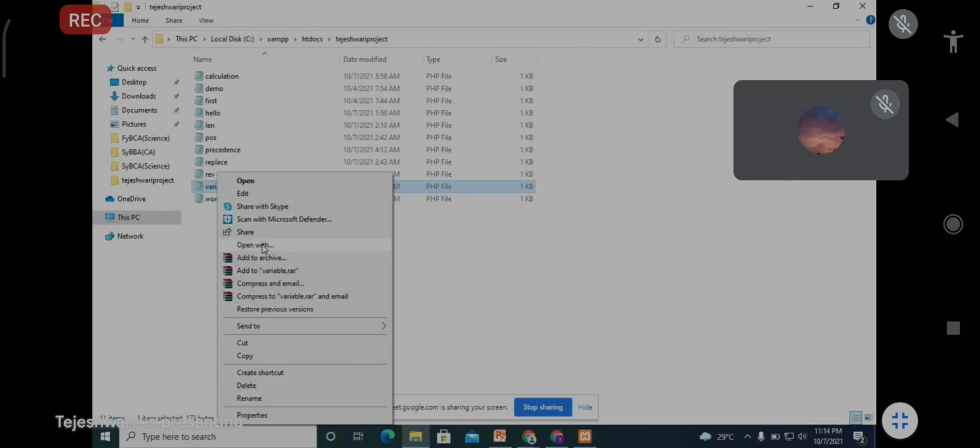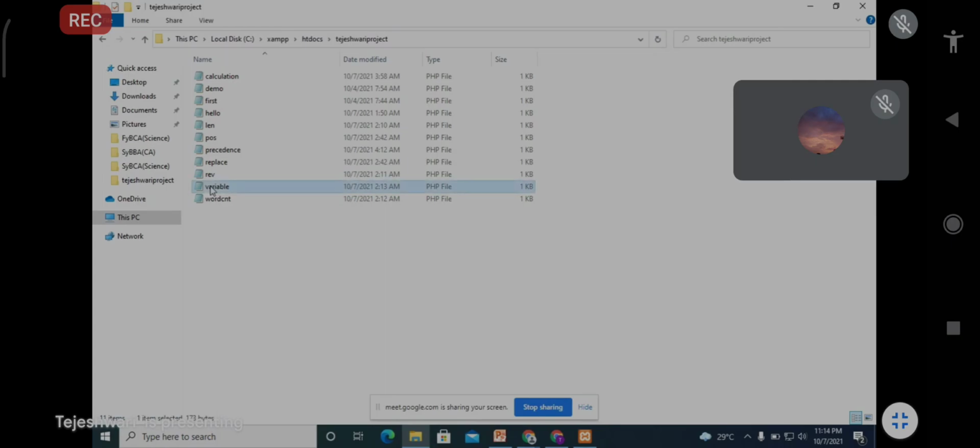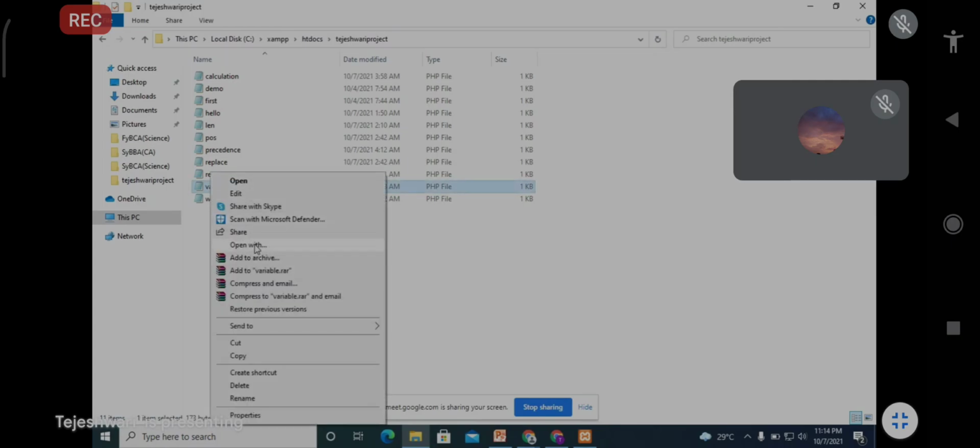If there is a Notepad available, or you can also use Notepad plus plus, since Notepad is available by default on every machine, you can use Notepad plus plus to type your PHP code. Suppose I create one file that will open in Notepad.